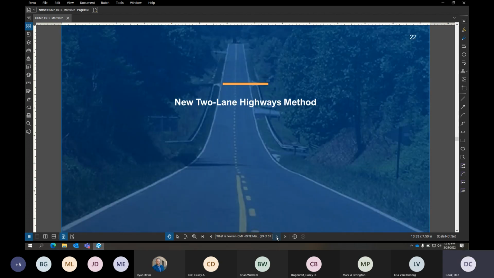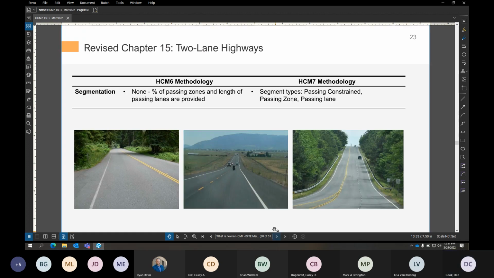All right, next part I want to talk about is the new two-lane highways method. I'm not going to get into all the details here, but if you're familiar with the methodology, it basically looks at a single segment. So you can sit down, look at a two-lane highway segment and analyze the performance of it from the motor vehicle perspective. It was a function of a lot of different things. You could even look at passing lanes as well and the effect that has on the performance of a